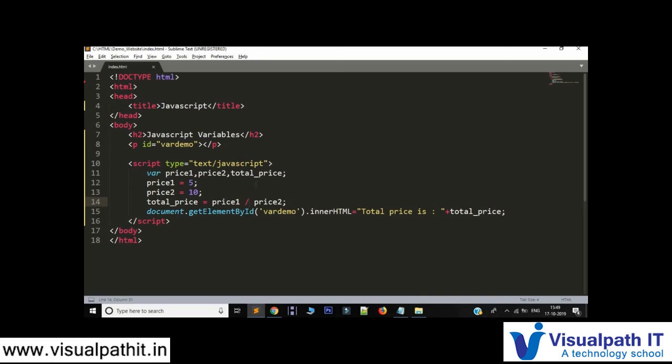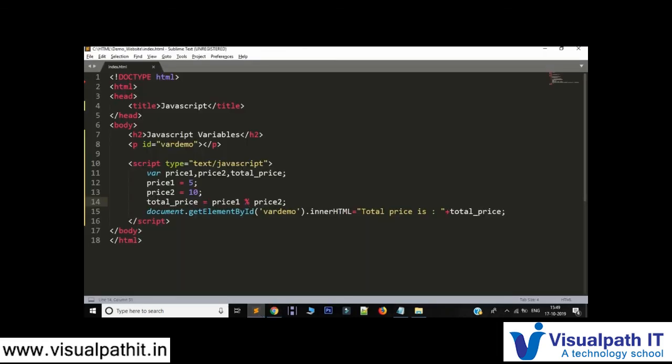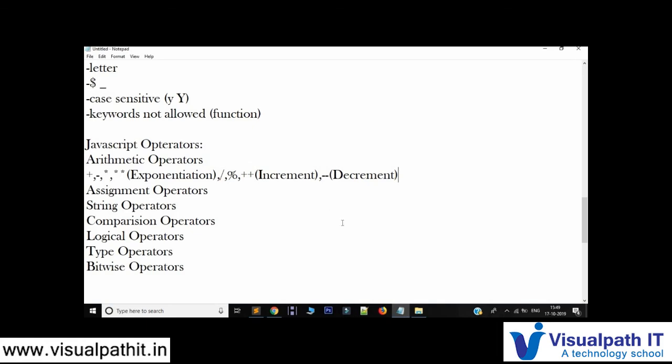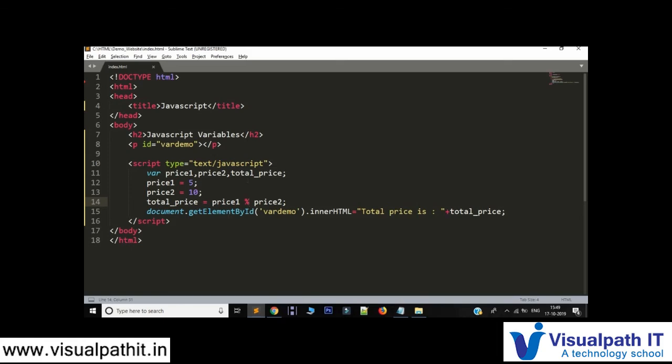And now let's even try some other operators. That's the modulus, which gives 5 itself. So these are the basic operations which we already know. I think there's no big difference over here. Let's even see the increment. When we see the increment, I hope you will understand what this increment is all about. Now let's try it, and let's give plus plus in between here. Let's see whether it works over here.